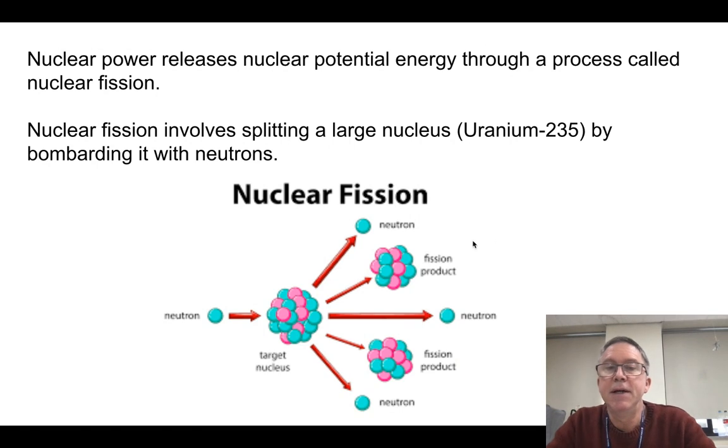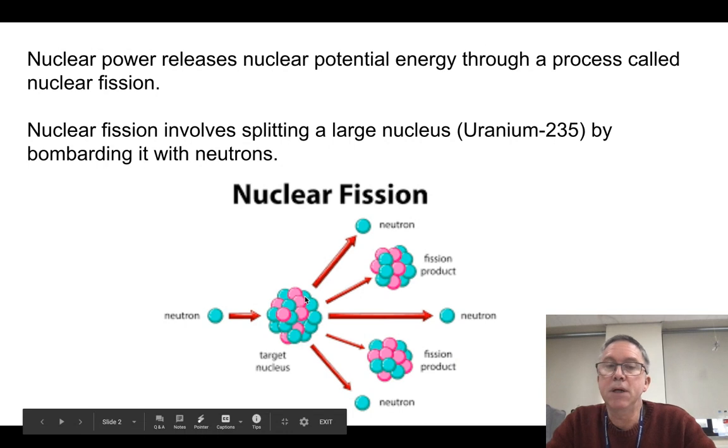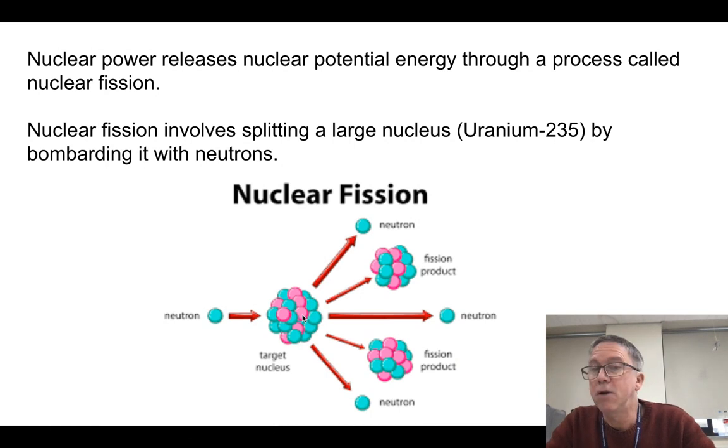So keep in mind that the nucleons that make up a nucleus are two: there are protons and there are neutrons. In this diagram, the red are protons that have a positive charge, and the bluish ones are the neutrons, which have a neutral charge and serve to sort of glue the nucleus together. And it turns out if you have a very large, unstable nucleus, like, say, uranium, it is possible that if it's hit with a neutron at the right speed, that neutron will cause this large nucleus to split in two. And we call that process fissioning.